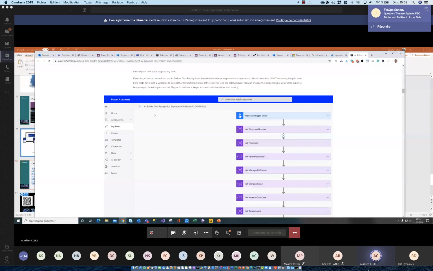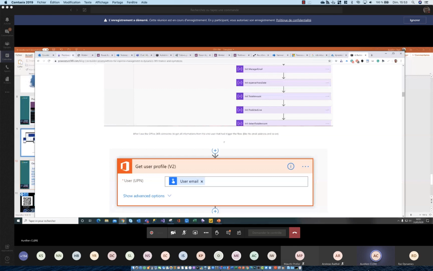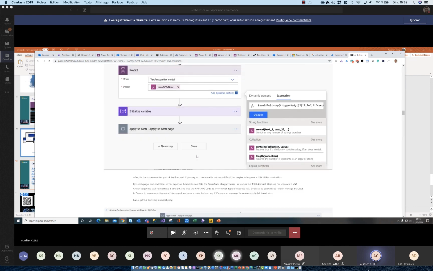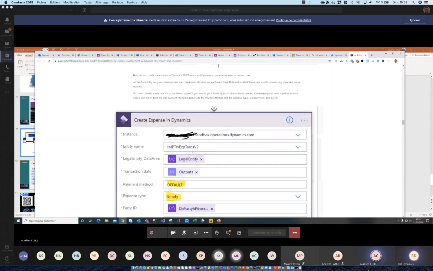With Power Automate, I call AI Builder, which has the ability to do text recognition of your image. So a worker can directly scan their expense. You can set up the fields you want to sync to your finance operation. And behind that, you can also do, like me, an approval.